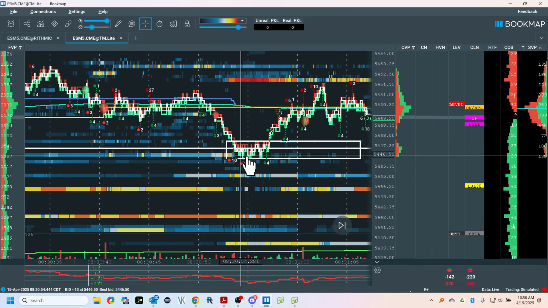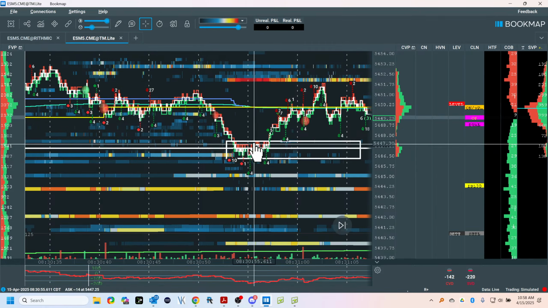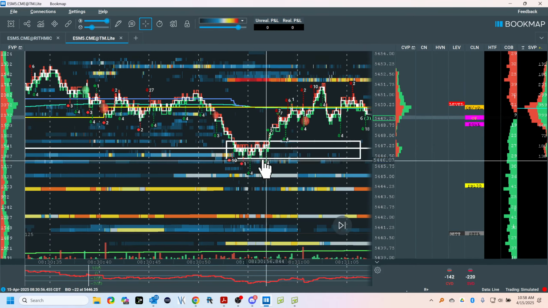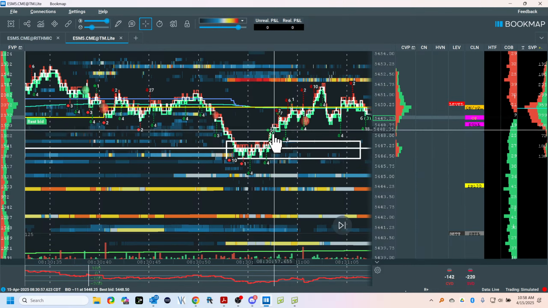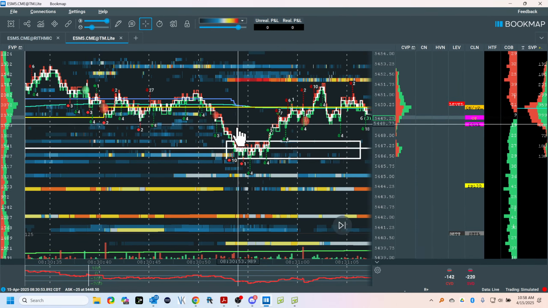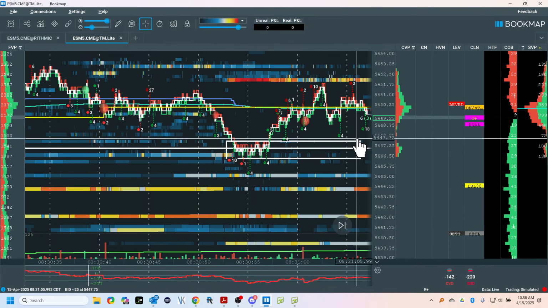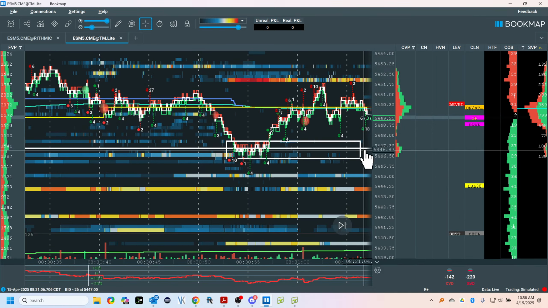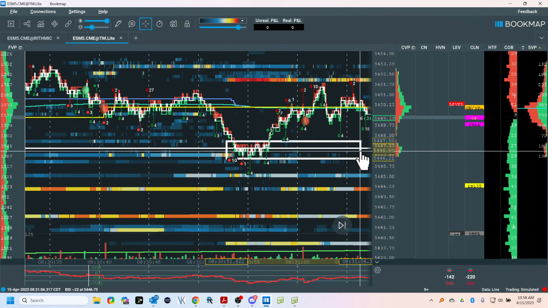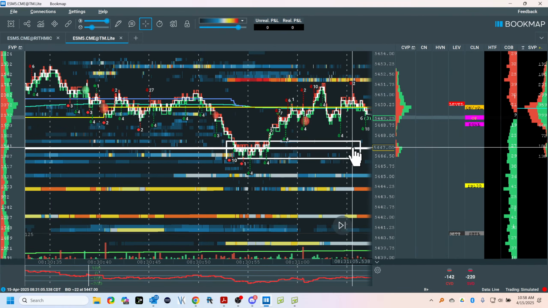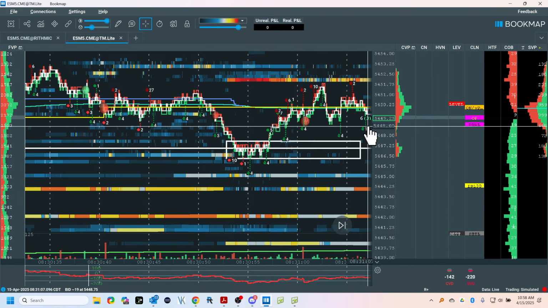But what I found is this is a store, and the buyers and sellers are interacting. Too high, sellers are here, buyers are here, and I have no clue. It can break this way or this way. If it breaks this way, it is suggesting in this current auction, think of it like a store, this price might be too low. Now, what does the market tend to do? It potentially, and I'm always going to say potentially because I have no clue, can come back and check the price. And when they come back to this store, and if the price is still too low, I can then leave it and come back here.